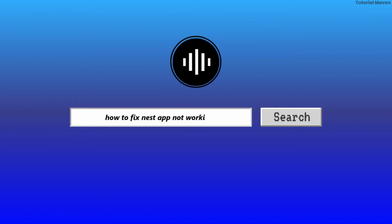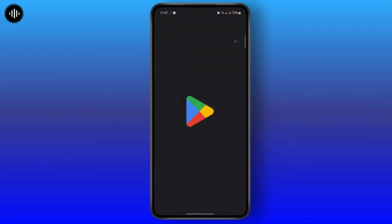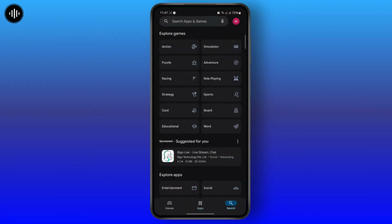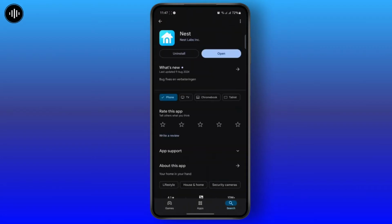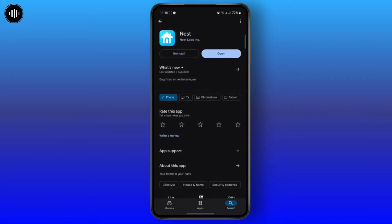Nest app not working. So the first thing that you want to do is head over to your Play Store, tap on the bottom right corner on the search icon and search for Nest. Once you search for it, make sure to update the app if you haven't already, and update the app to its latest version. If you see an update button instead of open right here, tap on it to update the app. That should fix your problem in most of the cases, but if it still does not fix your problem,